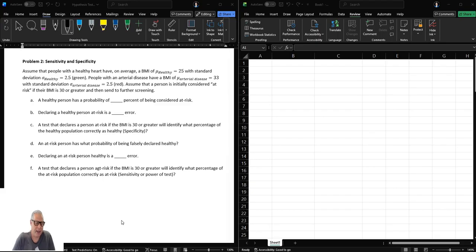Okay, so now what can happen is that people that are actually not at risk are being sent to further screening, which would be a type 1 error. But the first thing I want to do is draw those two populations. And again, I know that the standard deviation is 2.5, and the healthy population has a mean of 25. So I know that roughly at 3 to 4 standard deviations below the mean, the probability